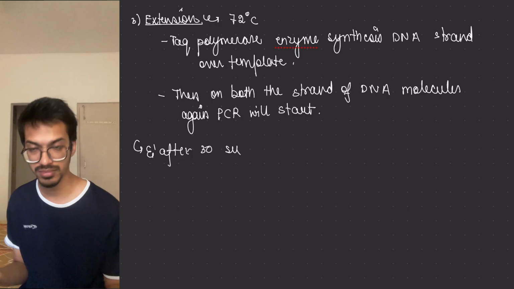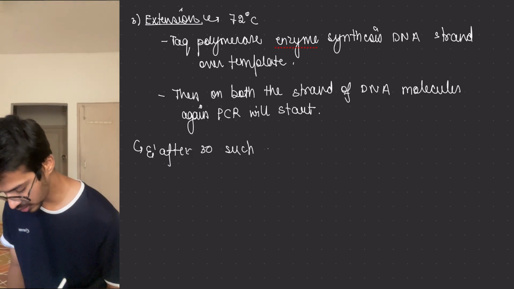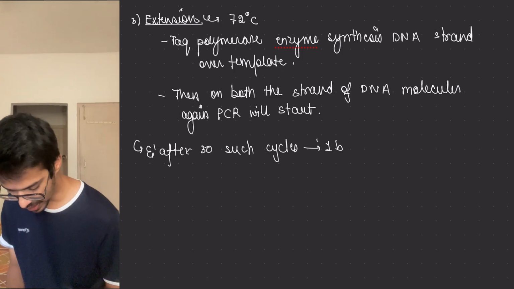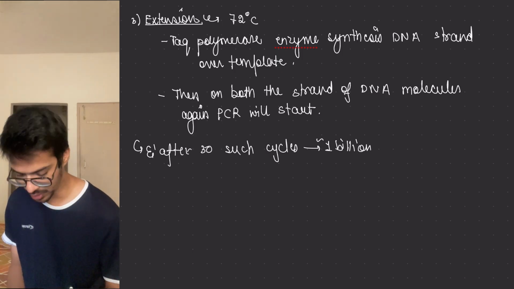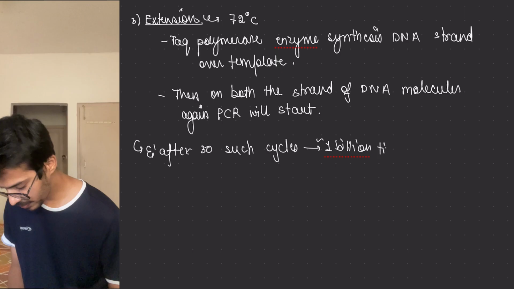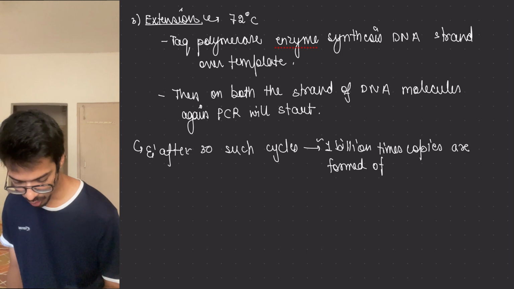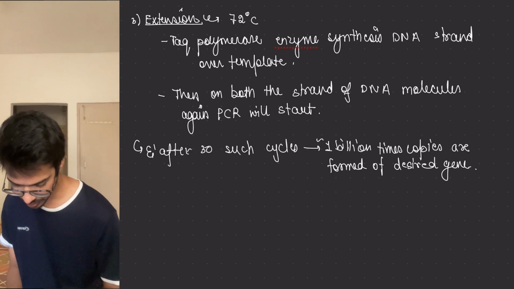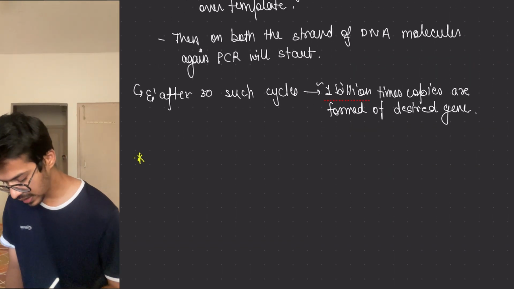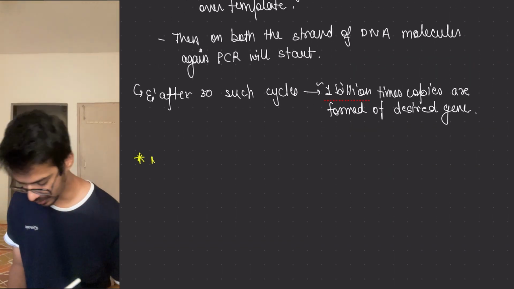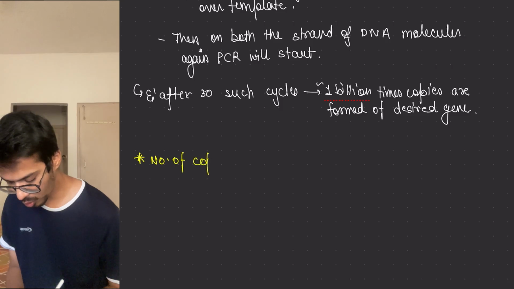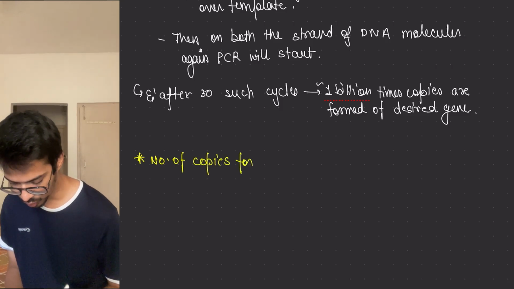So you know that it is an efficient process. So after 30 such cycles, close to 1 billion, it is not exactly 1 billion, okay, a little less than that, 1 billion times copies are formed of the desired gene. And someone will ask what, if someone will ask for the formula for it, okay, so number of copies formed